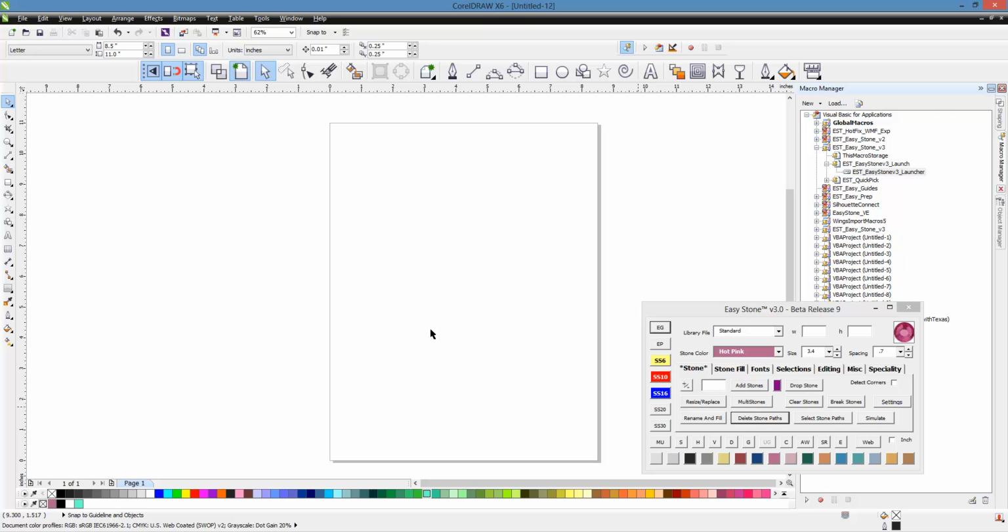In this video, we're going to be taking a look at creating a design here in CorelDRAW with EasyStone. And this design is a very basic design. It's a good design for those who are just beginning with CorelDRAW and EasyStone. But the design is very important because while it's a very basic design, very easy one for you to do, it'll give you a lot of insight as to how we tackle most any design as we begin the design